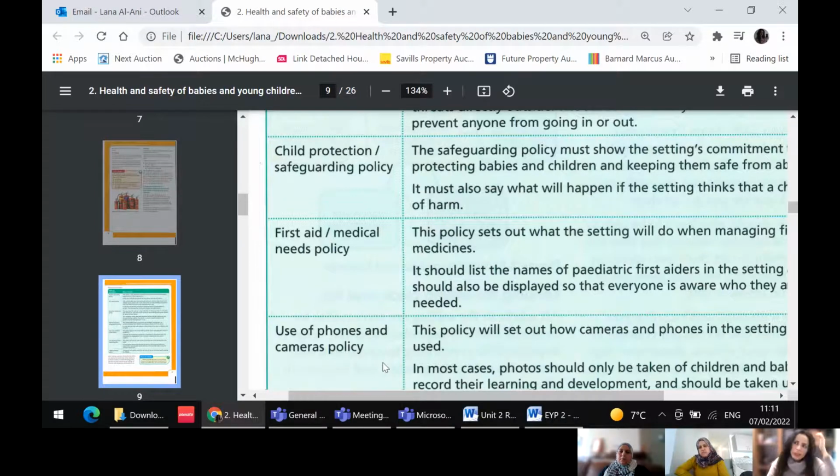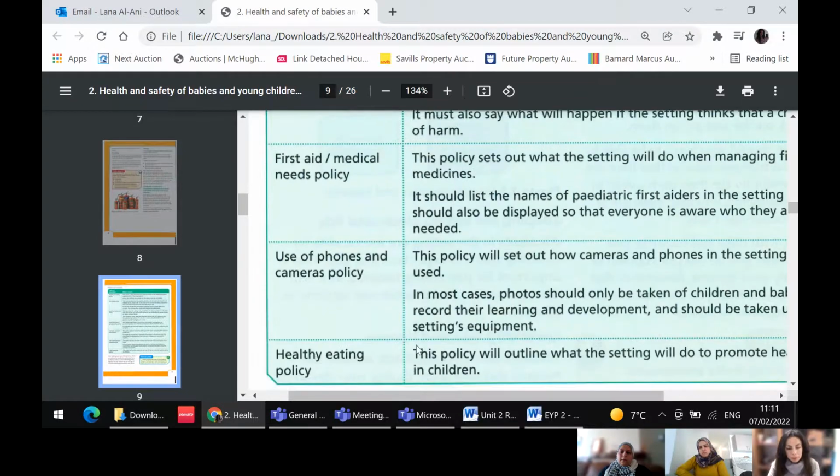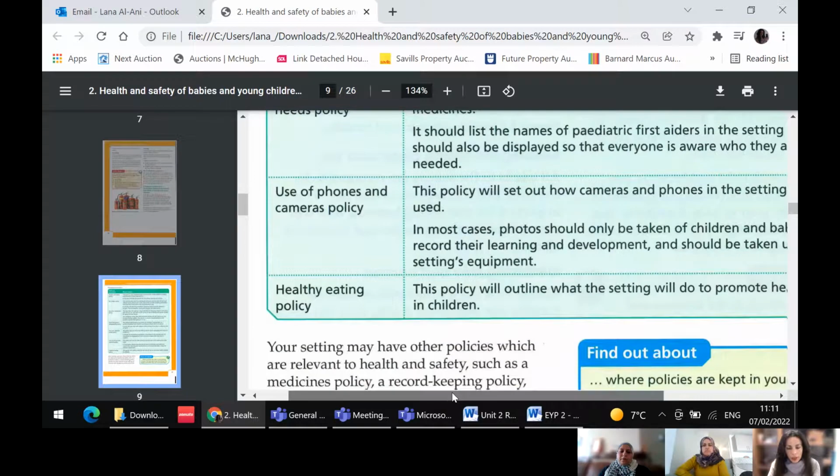You need to read it to understand it, so you don't do things they don't want you to do in the workplace. It's very important to read the policy and procedure at all times. Even if we volunteer, they will give us a...